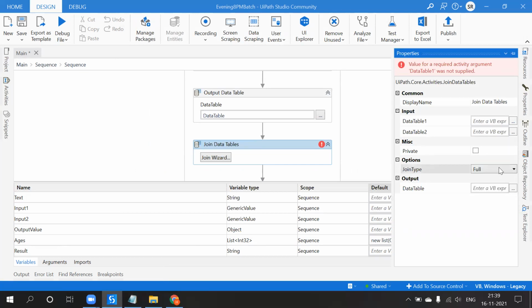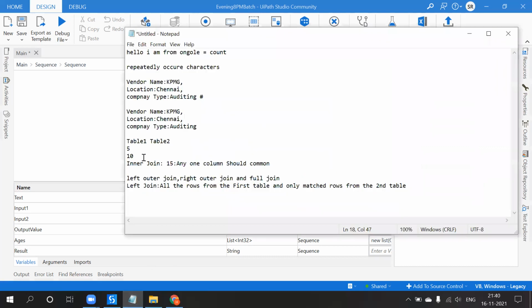Sorry, the first one I told, it is not all the 15 rows, it is only matched rows based on the common condition. It is my mistake. However many rows are common, those rows you will get. In the full outer join only we will get all the rows.